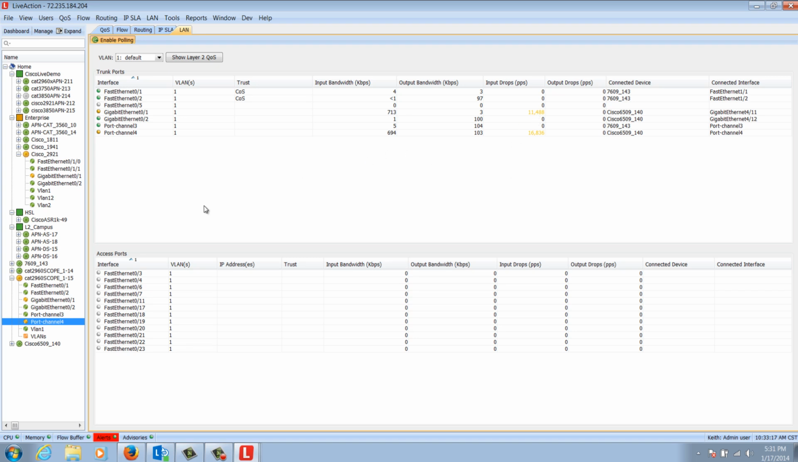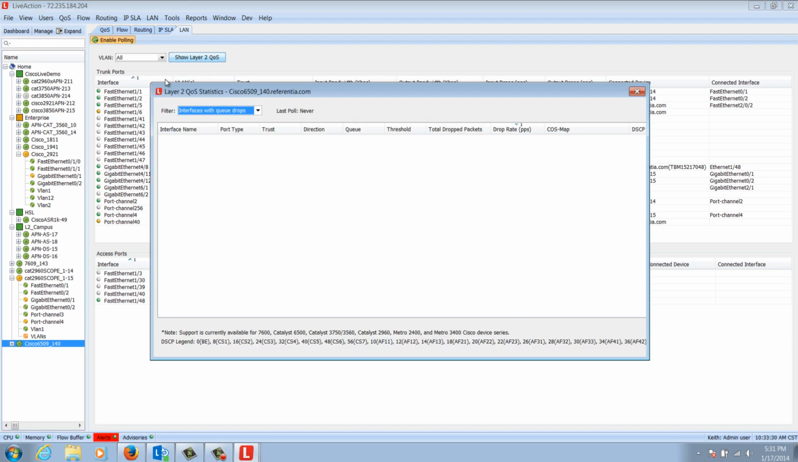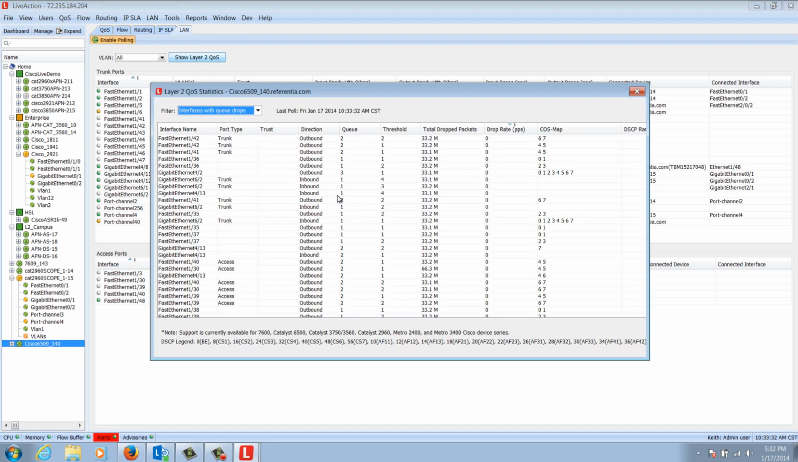So think about what we've just accomplished: the ability to troubleshoot a global VLAN down to which interface is actually giving us trouble. That's very, very dynamic. In addition, if I look at my 6509 now, I can even look at layer 2 QoS statistics. Someone is setting the queuing on these devices, so now I can look at the interface name, the port type, direction, queue, threshold, the total drop packets, the COS map, and the drop rate for